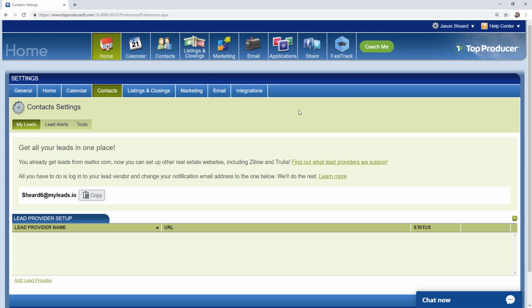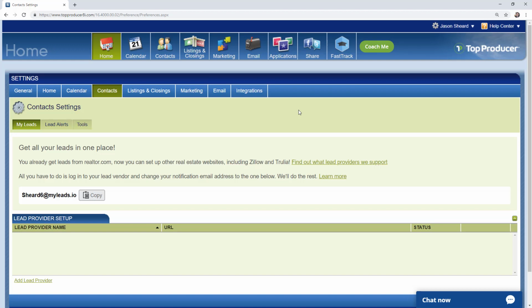that myleads.io email. Now, you're not able to check the mailbox for the myleads.io email directly, but what we do is any email that goes to your myleads.io address that isn't an actual lead will get forwarded to the email address you put in on step 1 of the setup wizard we just went through a few minutes ago. Now, if you set up this a little while ago, and if you don't remember what address you put in there, I'm going to show you next how you can go in and find that email address in the My